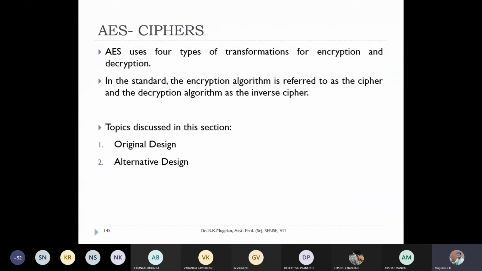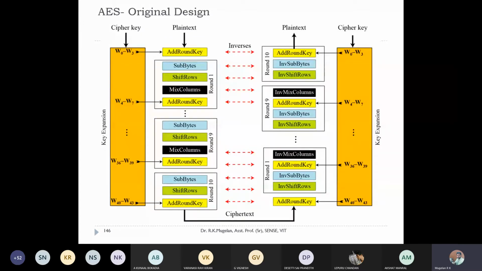Right. Move on to the structures. As we saw in DES algorithm, they gave some alternative design. In a similar way, they also gave an alternative design for the AES algorithm. This is the original design of your AES algorithm. This is a pre-round transformation. This is the pre-round. And from here onwards, your normal rounds start. Since we are discussing AES 128, you have 10 rounds here. And in decryption, it's totally inverse operation. So this will be your pre-round, this will be round 1, and this will be round 10. And accordingly, keys will be used.